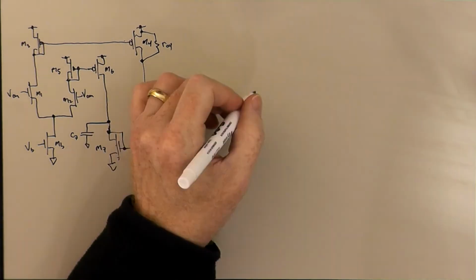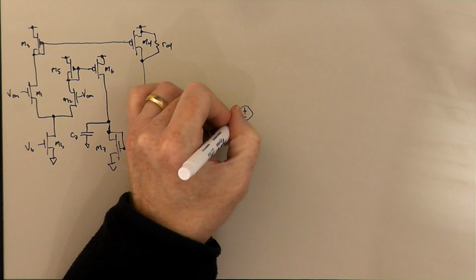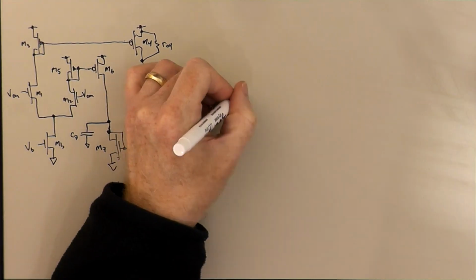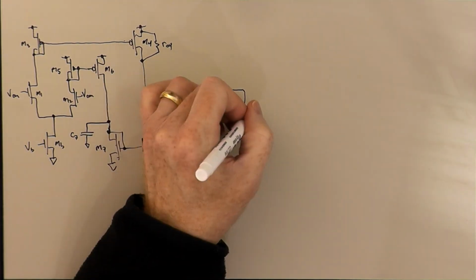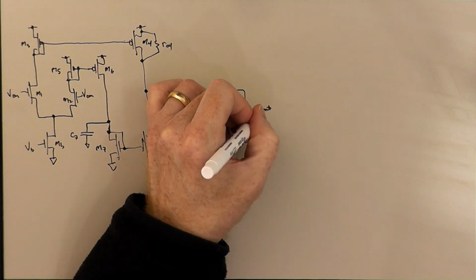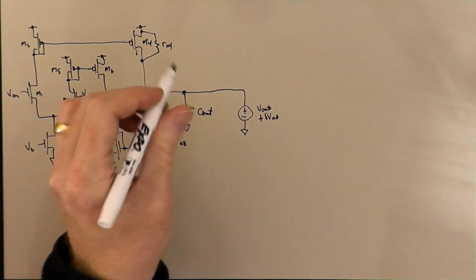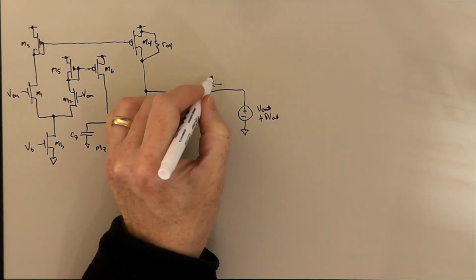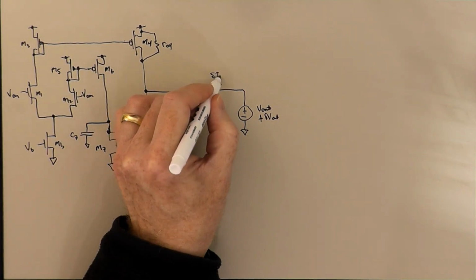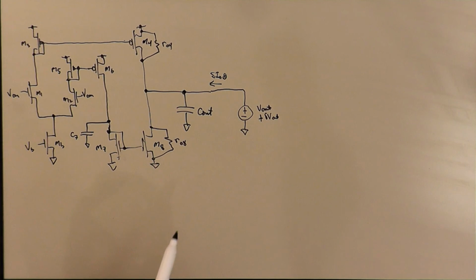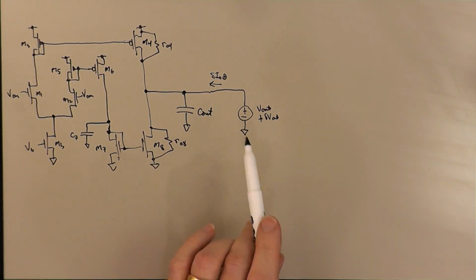And if we were to imagine having our output voltage source connected here that we're using to probe the output impedance, by changing V out by some delta V out and looking at how much delta I out goes back into the circuit,